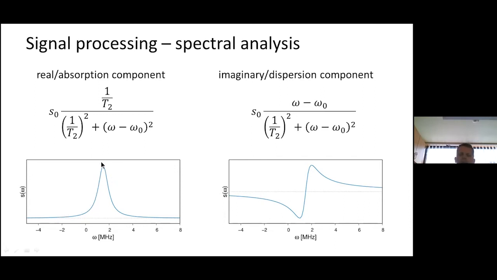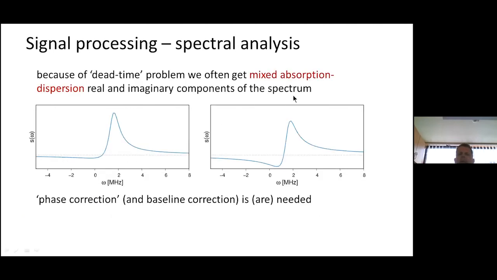There is one more thing I should note, that in reality, very often we don't get, after Fourier transformation, an entirely clean absorption spectrum. It could be that there is an admixture of dispersion part in the absorption spectrum and vice versa. In the dispersion part, the imaginary part of the spectrum, there's a mixture of absorption and dispersion also. This could be from different reasons, but one certain reason is the dead time problem,